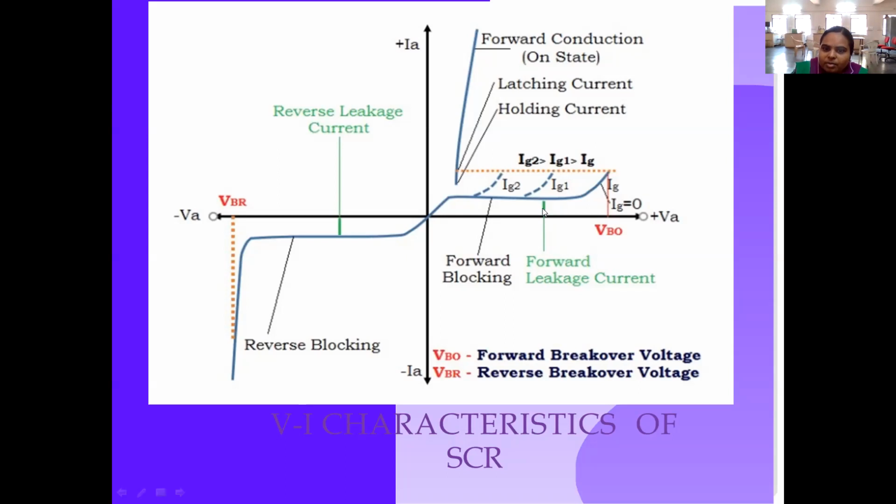This is your minimum voltage, that is the forward leakage current. At the minimum starting voltage, it will not conduct drastically. It will take time. A minimum voltage or current has to be applied to the SCR, then it will start conducting. That's what the dotted lines show here. This line is for the forward blocking start. After forward blocking, if it cuts through the forward blocking path, then it will start conducting, because we are applying the gate current there. Okay, this is the VI characteristic.